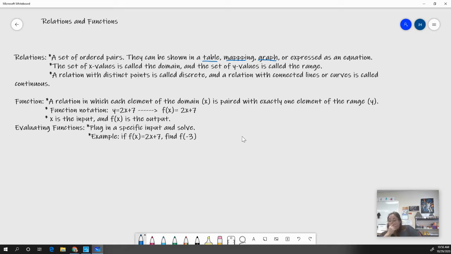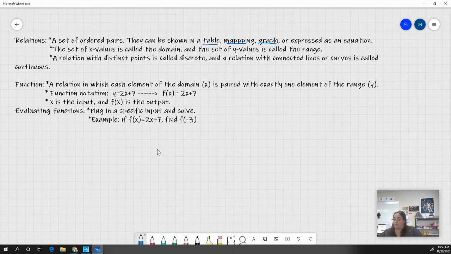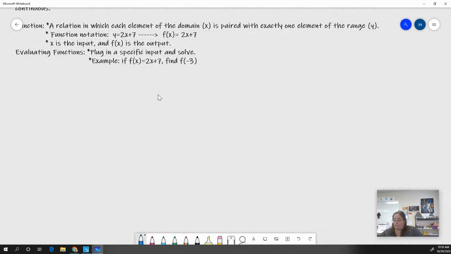So when we're talking about relations, we can look at sets of ordered pairs, right? And what I mean by that is, say I have, we're going to look at the difference between relations and functions, right? And that's kind of what we're talking about now. Is it a function is what everything is. Everything I show you will be a relation. Will it be a function is what this lesson is kind of about, right? So if I have a set of ordered pairs,